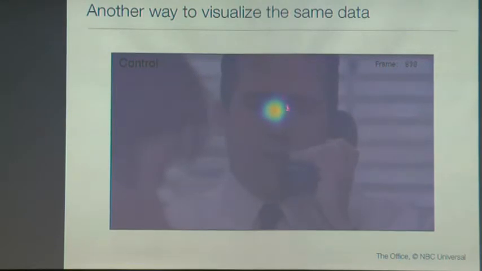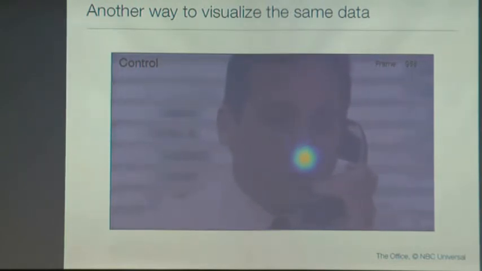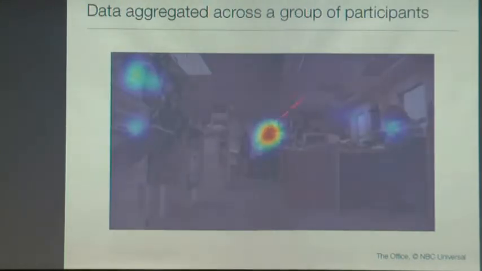Here's a slightly different representation of the same thing. So this is where the subject would be looking throughout this 15-minute or so presentation of the video. But we don't have a single subject, so we have a group of subjects. So if you take a group of subjects and you ask how do they look, well, there will be a bunch of places where people look. So what this means is that most people looked here in the group. Maybe one person looked here, one person looked here, 4 or 5 people here, 3 people here, something like that.